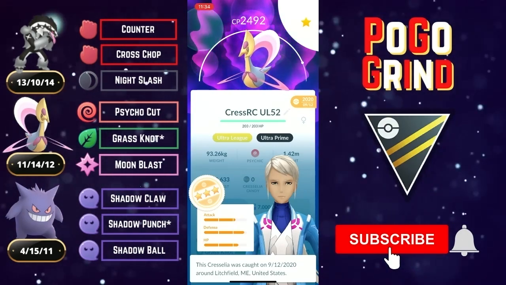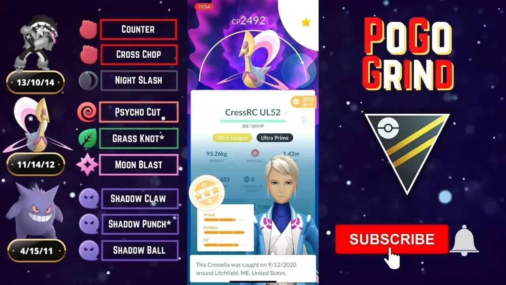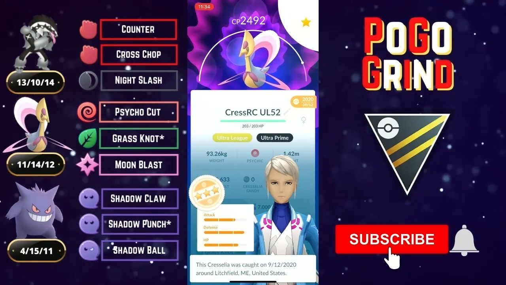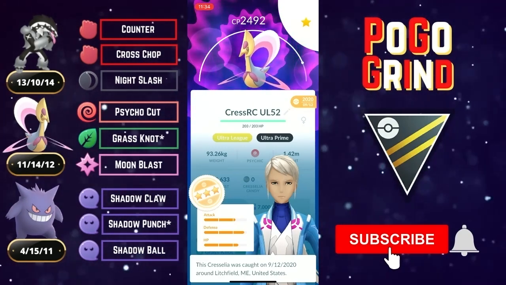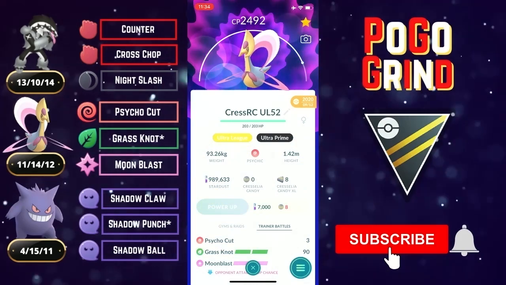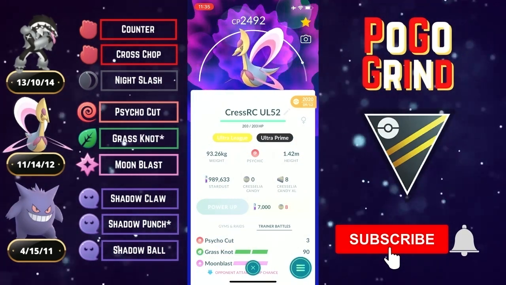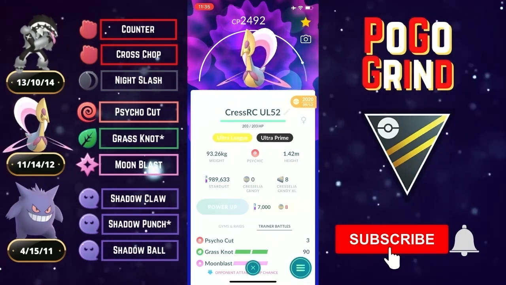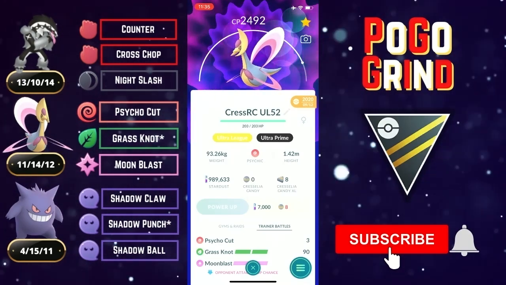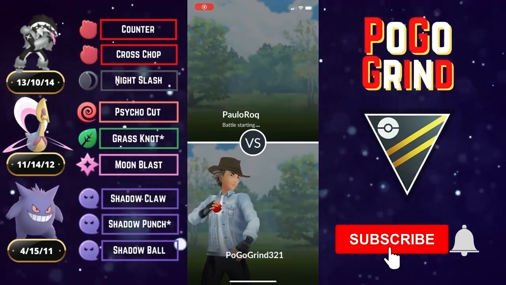That is a legacy move for Cresselia. So if you weren't fortunate enough to catch one back when Grass Knot was in the move pool, you will have to use an Elite Charge TM, guys, if you don't have a Cresselia with Grass Knot. I recommend Grass Knot just because you've got a lot more coverage, particularly those mud boys and those water types. So, had a lot of fun with this team, but without further ado, let's get right into these battles,